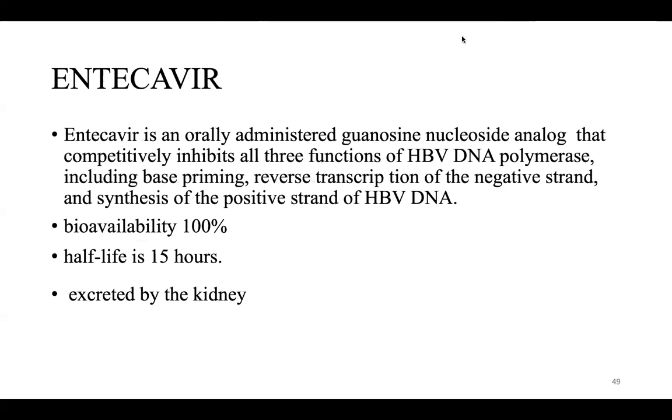Entecavir is an orally administered guanosine nucleoside analog that competitively inhibits all three functions of hepatitis B viral DNA polymerase, including base priming, reverse transcription of the negative strand, and the synthesis of the positive strand